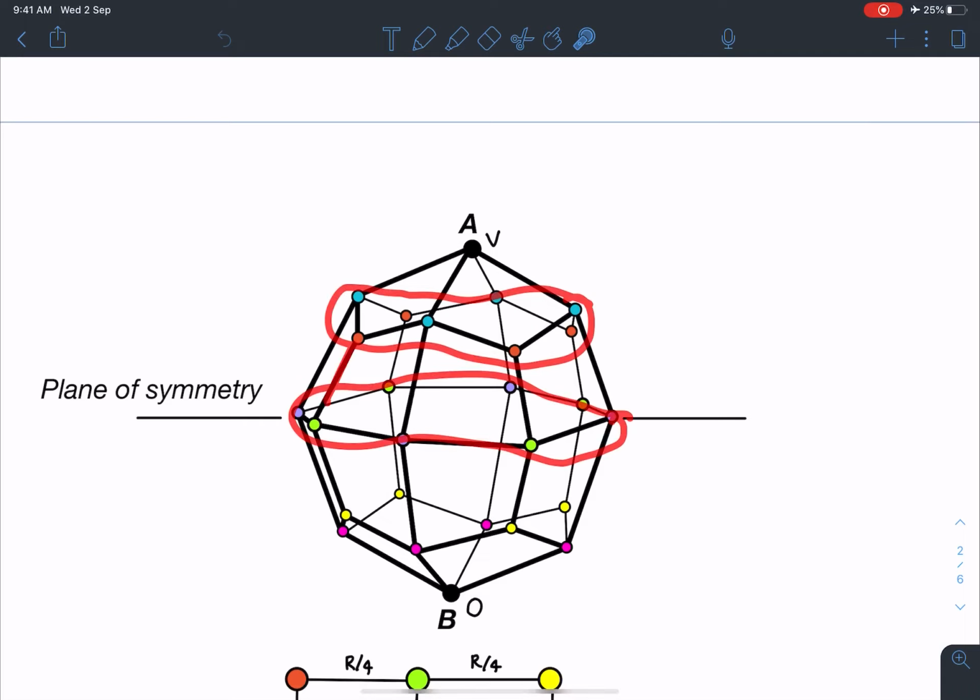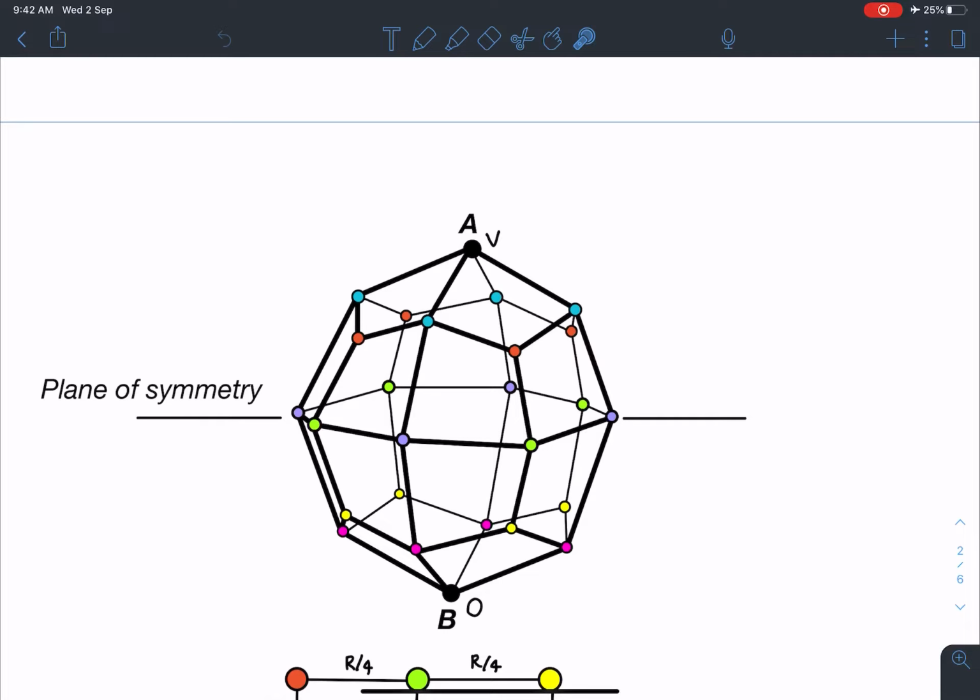And all these are connected with each other. So there is a total of 48 resistances in this structure. So we have decided that all these cyan color points are at the same potential. All orange color points are at the same potential, of course different from the cyan color. And similarly here, pink color ones are at one potential, yellow color points are at one potential.